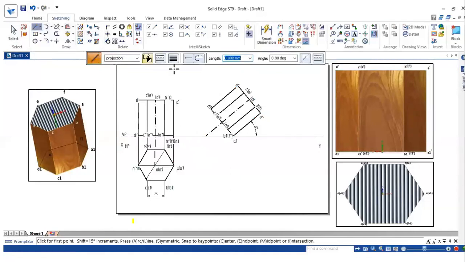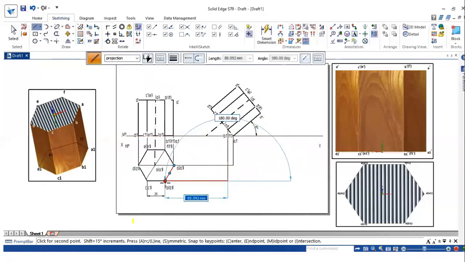Line option, projection line. A1 dash is here, A1 is here. The intersection will be A1. Then B1 dash, B1, represent B1.